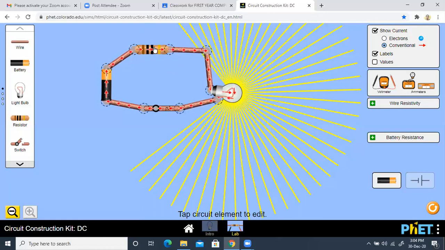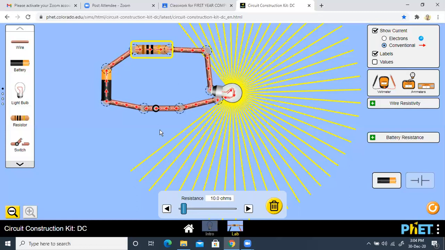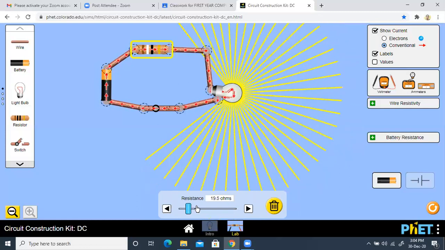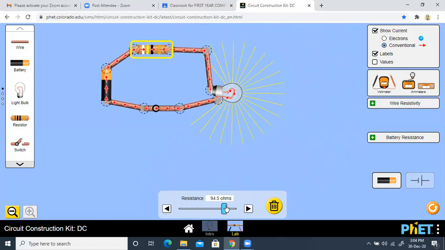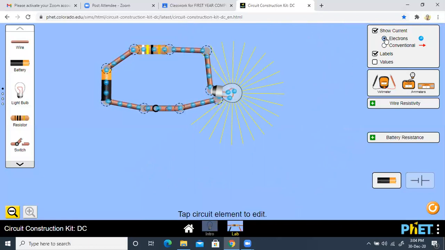Next, one more thing I'll do. I have connected a resistor here. Suppose if I increase the resistance, what happens? Even the movement of current slows down, and if I observe the movement of electrons, that also slows down. So what do you understand? Okay, so here we define an important parameter, resistance, right? Resistance is a property by which it opposes the flow of current. Okay, so indirectly you're saying the flow of electrons.